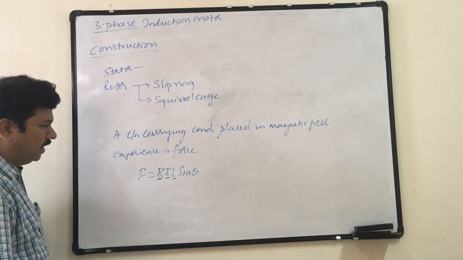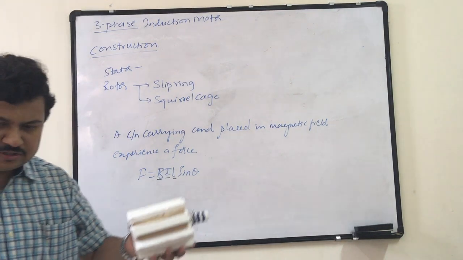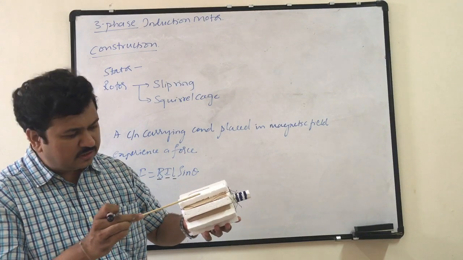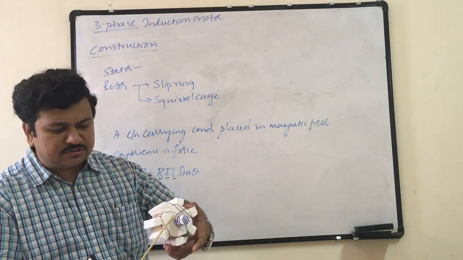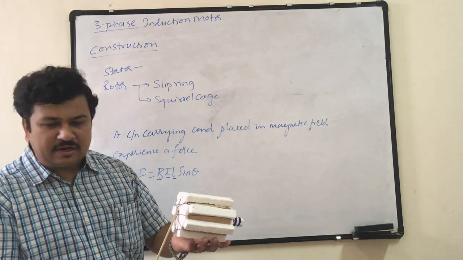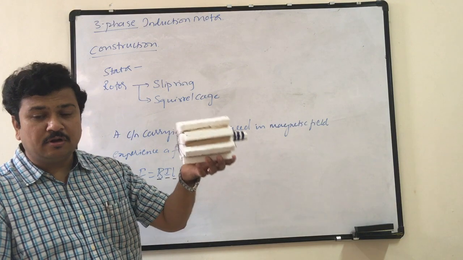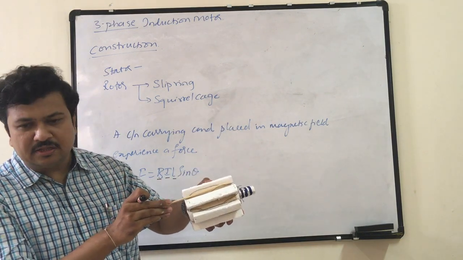Okay, so length of the conductor means the length of the conductor that is present in the slot. Whatever slot you are observing, the slot is of this length. So the length of the conductor is this length. This is also a conductor, this is also a conductor. But these conductor end connections will not contribute to energy conversion. So the length of the conductor is taken exactly as the length of the slot.